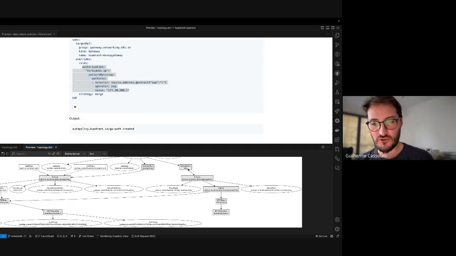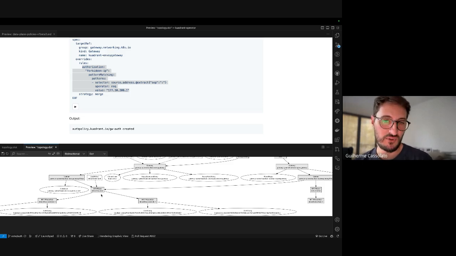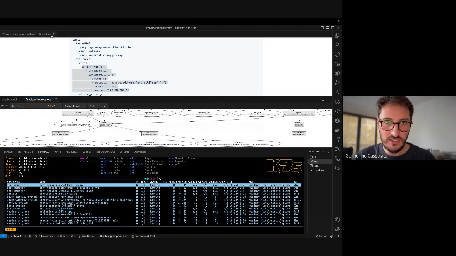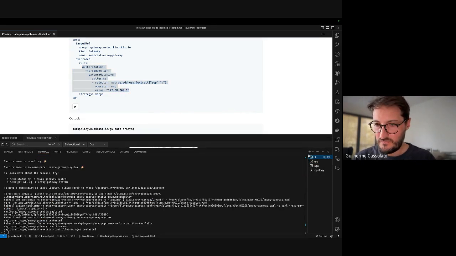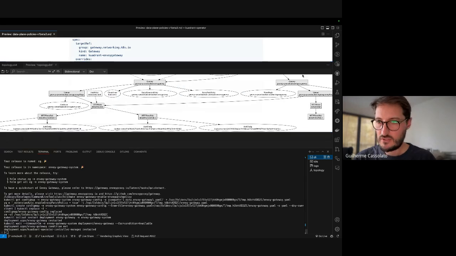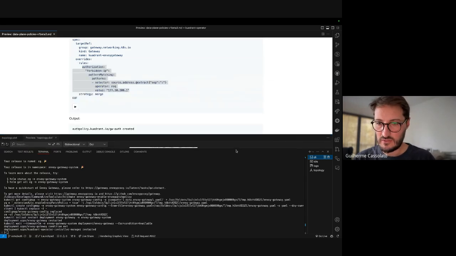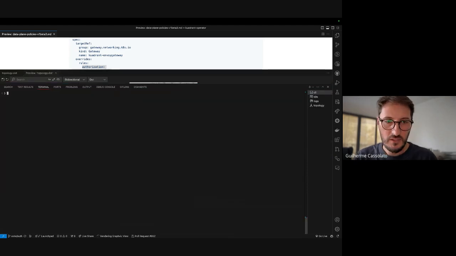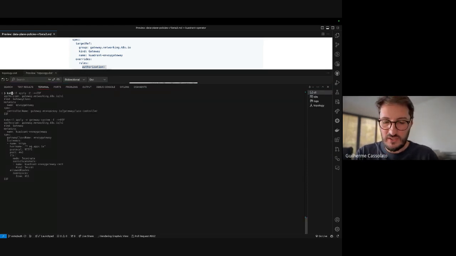Whereas the traffic that flows to the other gateway, where we do not have any rule enforced at the gateway, we may expect only the rules defined in the route policy, right? And the best way to show this is by hiding the topology and showing instead the internal resources. Right? Sorry, not this one. This one we can hide. And let's see if I can enlarge this one. Yes. So in my terminal, if I list the auth configs,